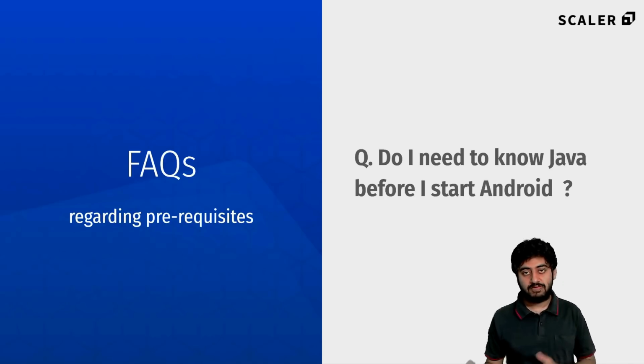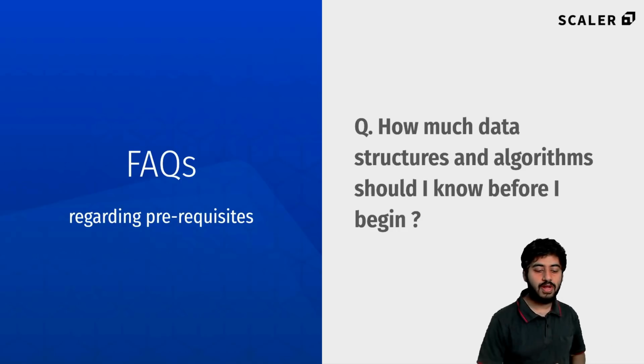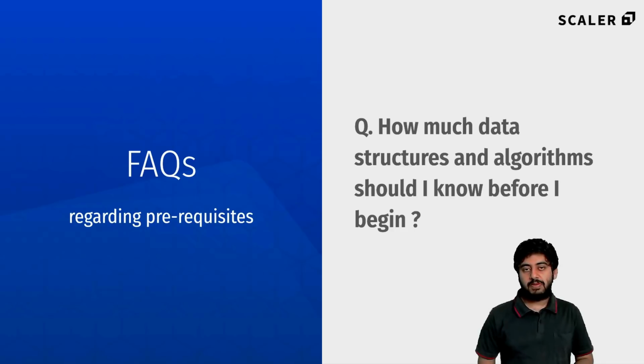So an understanding of Java definitely goes a long way towards helping you get started with Android. Another question that people ask a lot is, how much data structures and algorithms should I know before I begin? To answer that question, I would say that if you are very clear with the basic set of data structures like linked lists, hash maps, stacks, queues, these kind of things, and you know how the operations work, and you know which data structure is suitable in which kind of use case, that should place you at a good point to start getting into